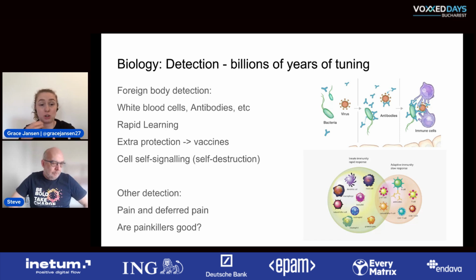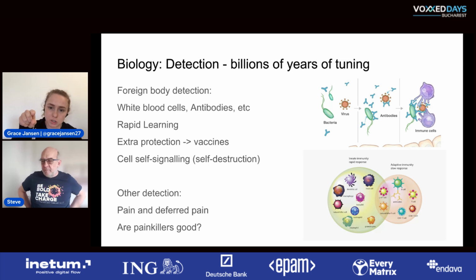That includes things like your white blood cells and antibodies. They're like these little Y-shaped things that you can see in the diagram here on the right. They help to identify foreign bodies from those proteins on the cell membrane. Remember I was talking about the cell ID? We can immediately tell that's not meant to be here, so we need to get rid of it.